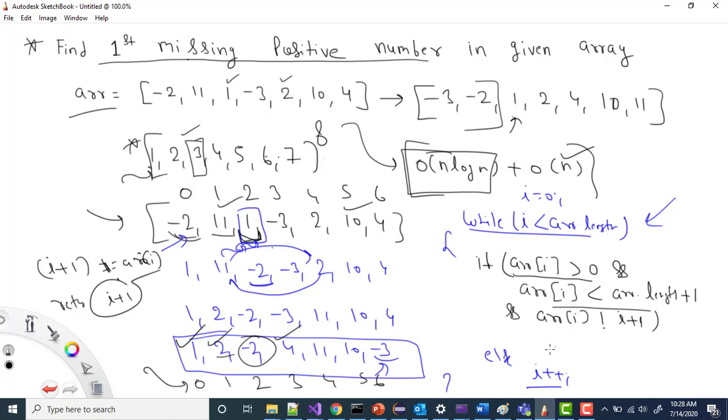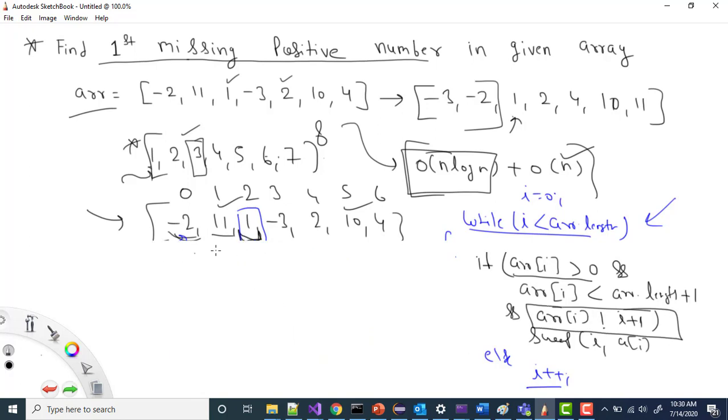When this was the case, we swapped the value to I and the value present here.